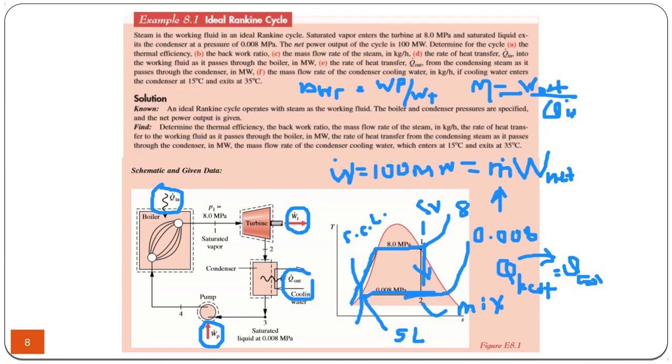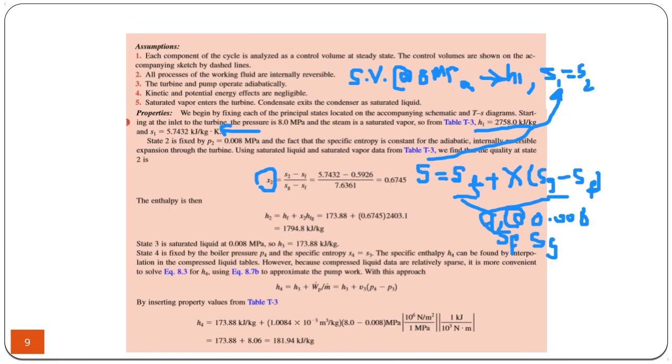The quality of the mixture is calculated from the equation shown here. The quality of the steam exiting the turbine is 67%. So it means that 67% of the fluid that leaves the turbine is vapor, and the remaining 23% is liquid,